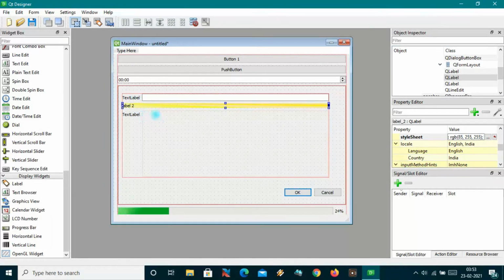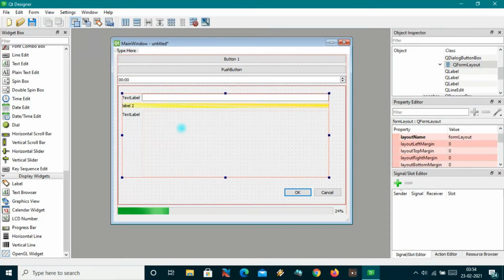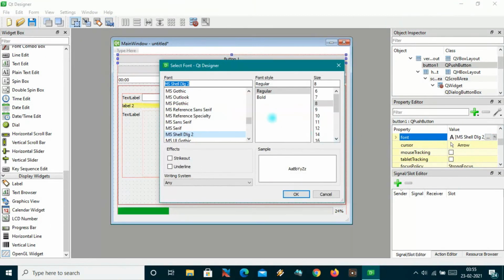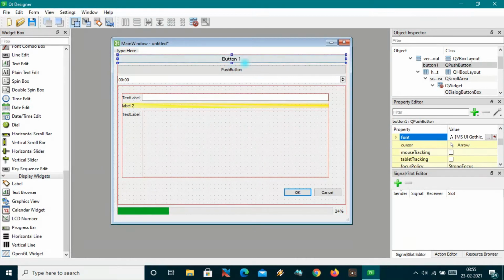Okay, but it is the label, so it will not be selected, by the way. Suppose I am on button 1 and I want to change something in button 1. I will come here in some parameters, like I want to change the font. Then we can go in the font and resize it, so the font will be changed here. We can also change the arrows, we can change anything which we want.